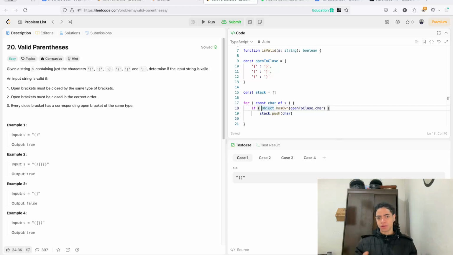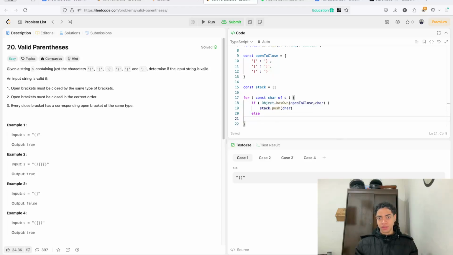Exactly what we're saying here is that if this character is an opening one, all right, add it to the stack. However, if it's not,